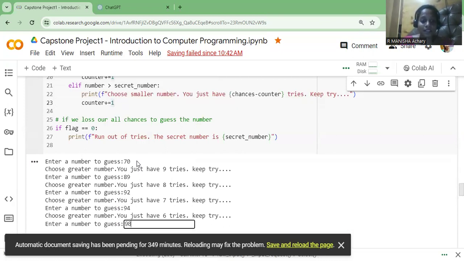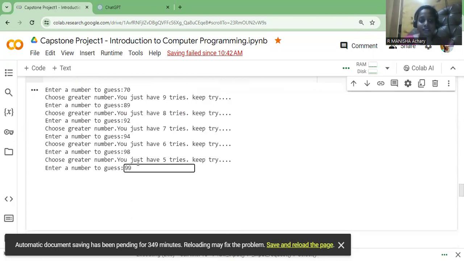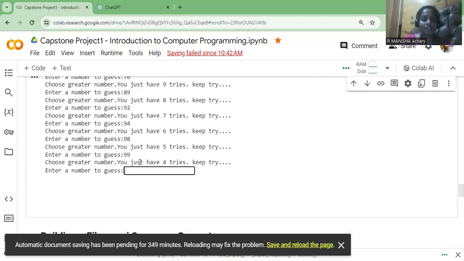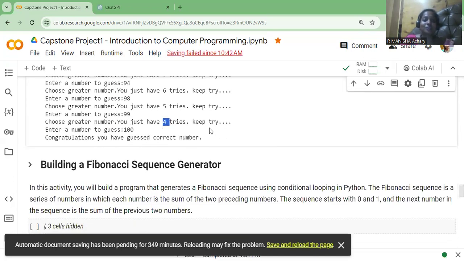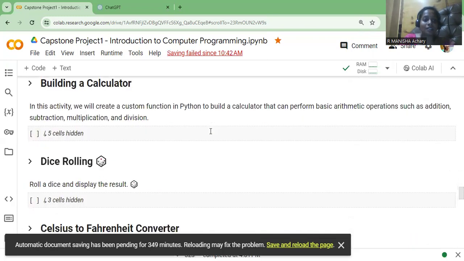Okay, greater, 98, 99, 100. Okay, so the system has chosen the number 100, and I have guessed the number in 6 tries. I have left only 4 tries, so I have guessed the number correctly in 6 tries. Okay. And next,